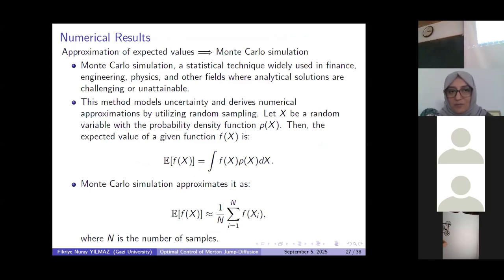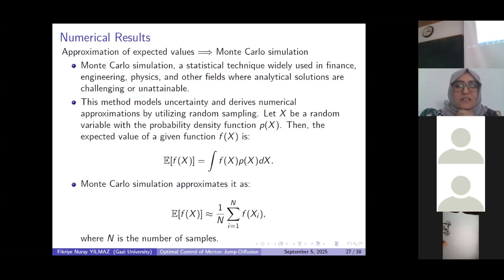Now I want to talk about some numerical results. Here, okay, we have the discrete scheme. Our problem is discretized by using the Runge-Kutta method. We have the optimality system, so we are ready to solve a stochastic control numerically. There is one more thing. We face taking the expected value of the test function, so we use Monte Carlo simulation for such values. Monte Carlo simulation is a technique